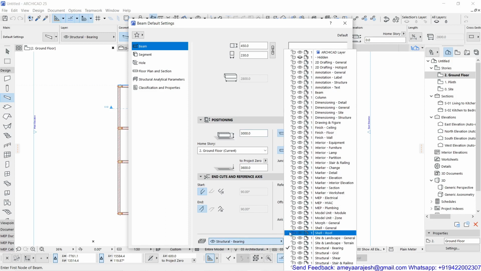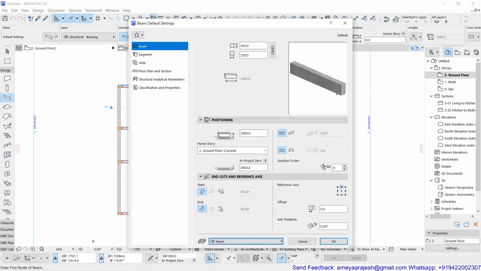The only thing you have to make sure is that you have selected your required layer, known as beam. One more option you have to cross-check before saying OK to this dialog is the reference axis. See, in this cross-sectional view of your beam, they have identified 9 locations. You can choose any one out of those which becomes easier for your insertion.